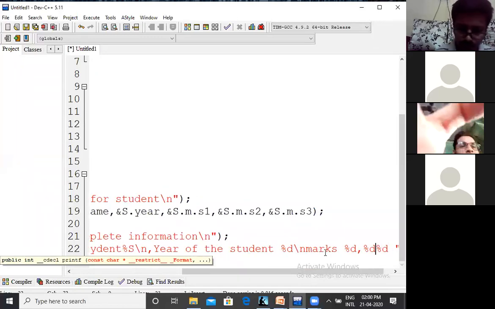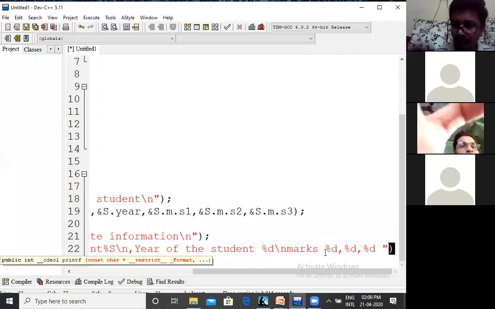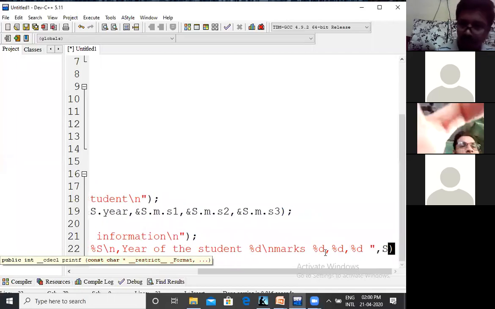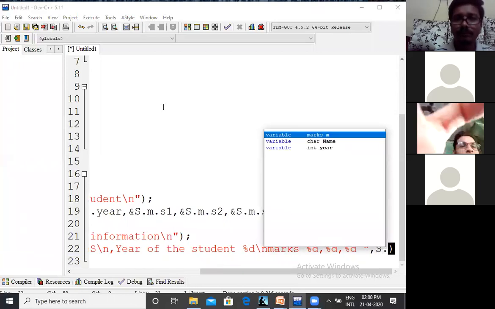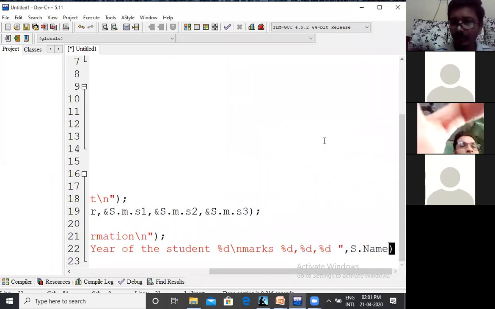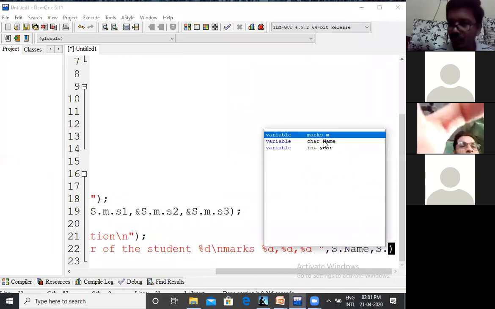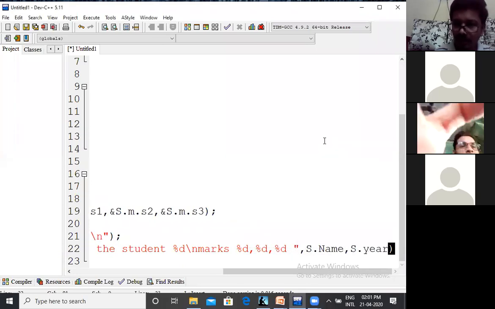Okay. Next, how we can give the variable names? First one, capital S dot name. Next, capital S dot year. Next,